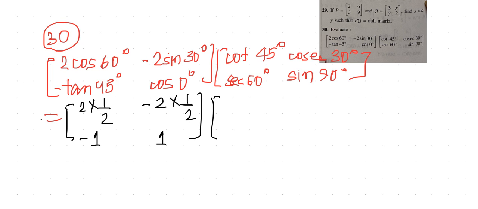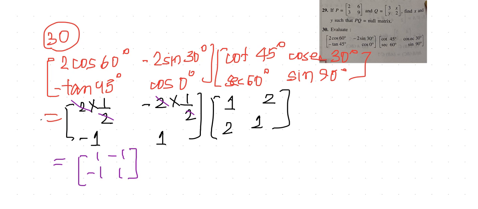And then how much is cot 45 equal to, children? It is equal to 1. Cosec 30 is the inverse of sin 30. So this is equal to 2. Sec 30 is also inverse of cos 60, sec 60, sorry. So this is 2 again. And then you have sin 90, which is equal to 1. So what are the things that can be getting cancelled here, children? This is getting cancelled. So what are you getting? You are getting 1, minus 1 and minus 1, 1. Okay, and here you are getting 1, 1, 2, 2.